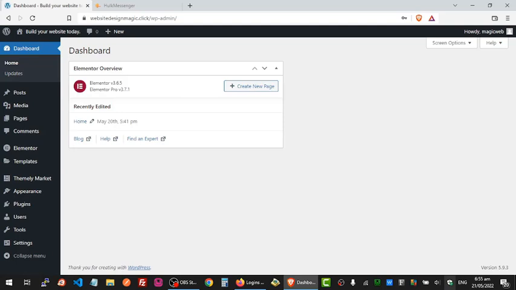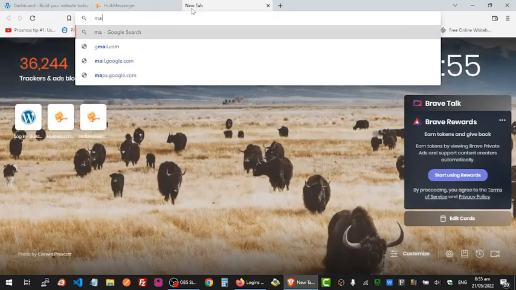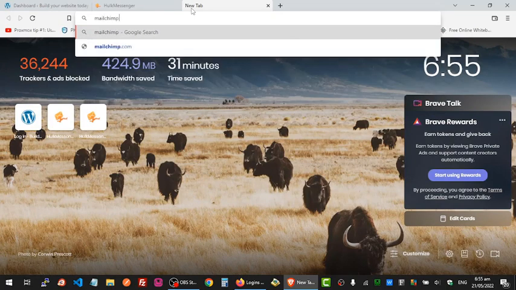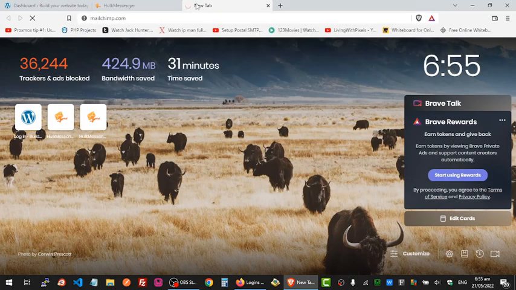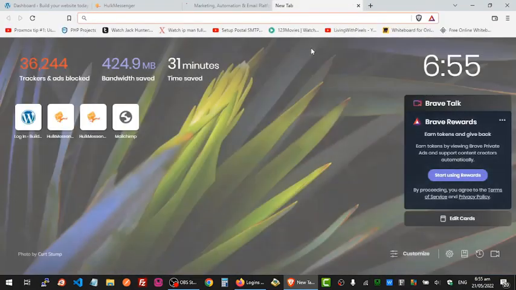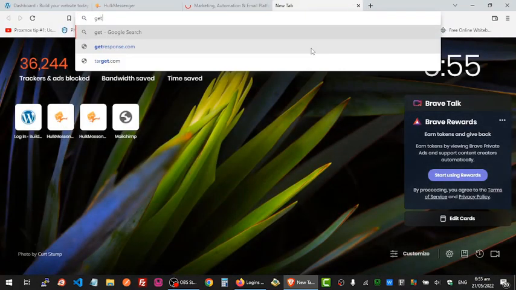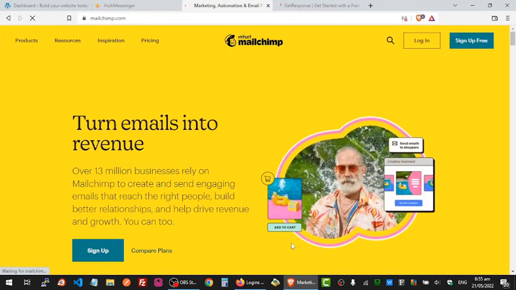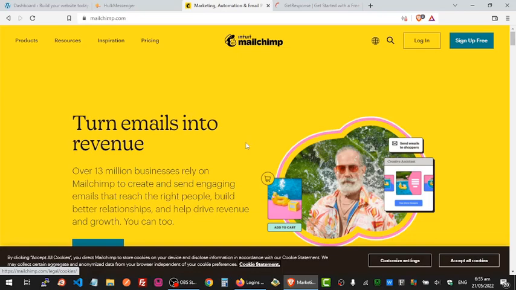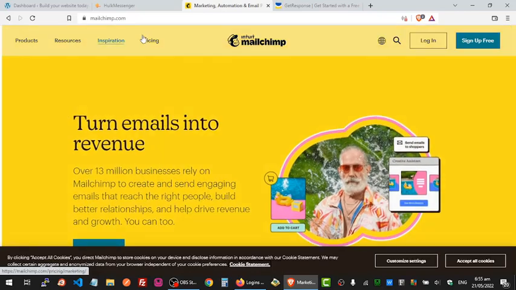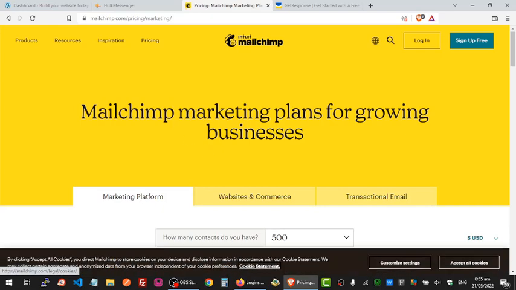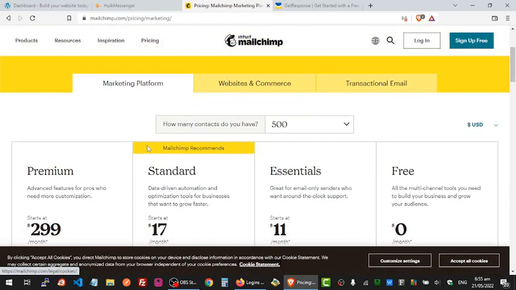Now, there are several email marketing platforms that you can use. We have MailChimp, we have GetResponse, we have ConvertKit, and so many of them. There are so many you can use. But for a lot of people, when you want to use all these platforms, the pricing can be killing and exhausting. So if you, for instance, want to use